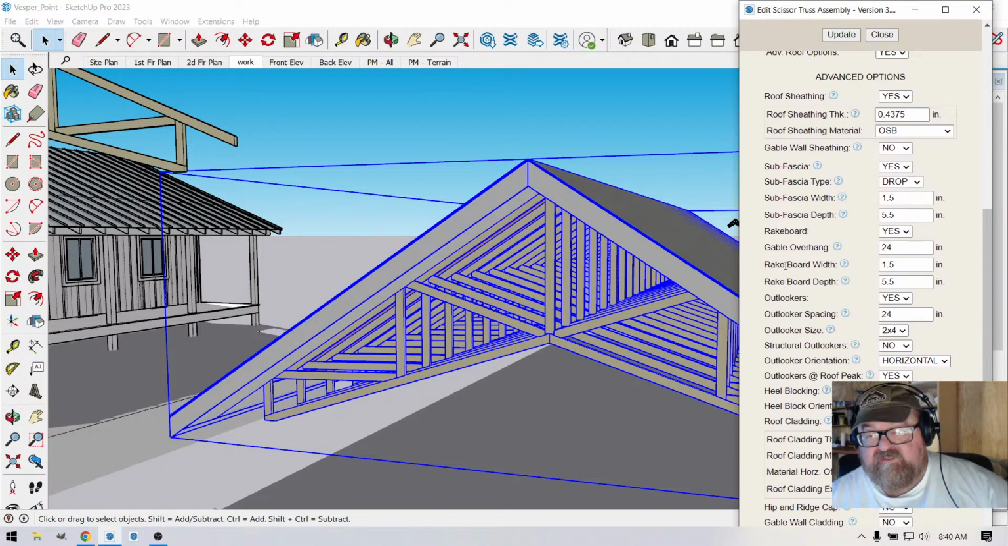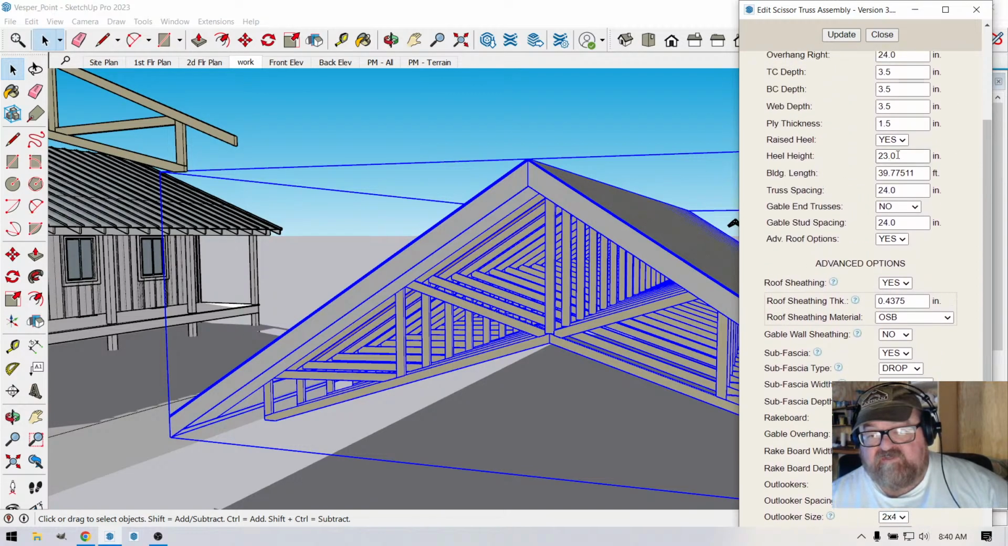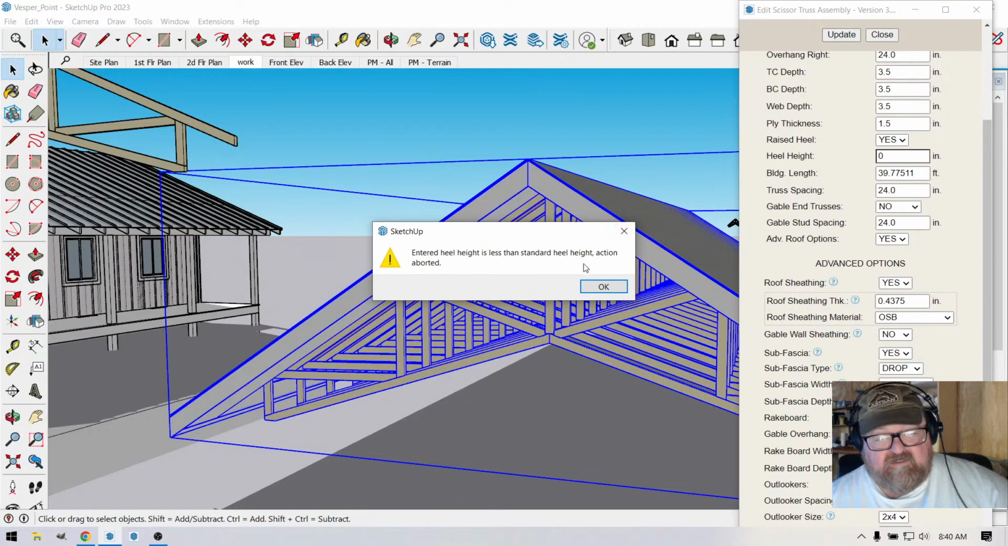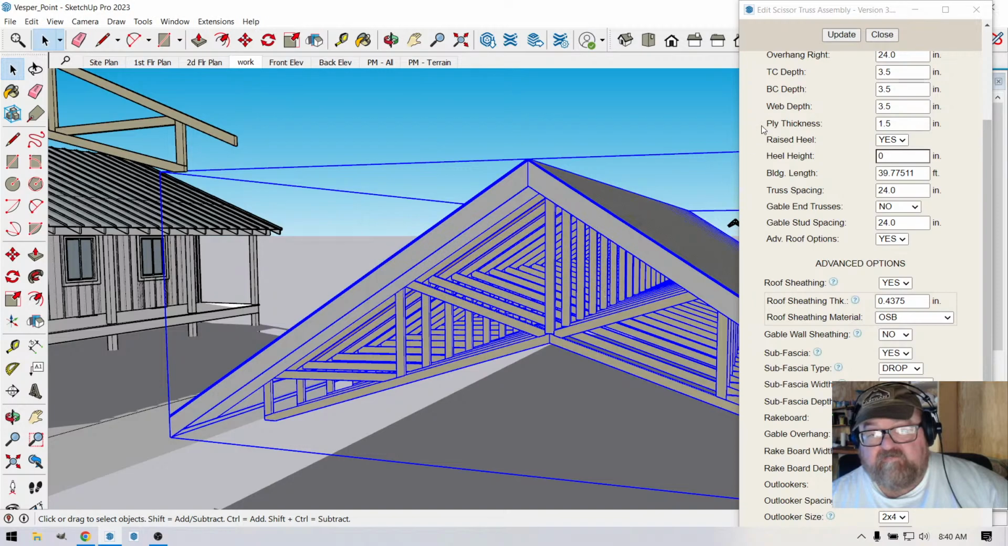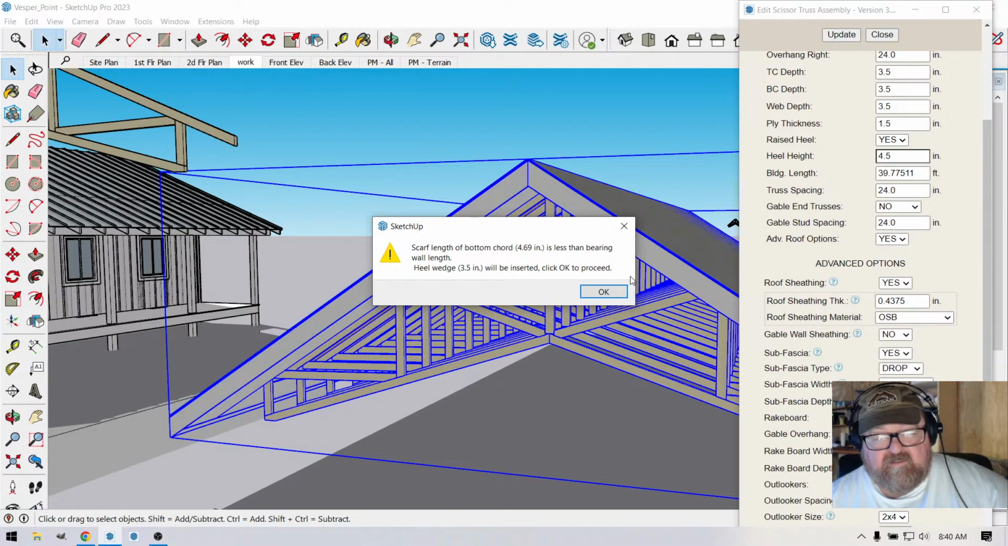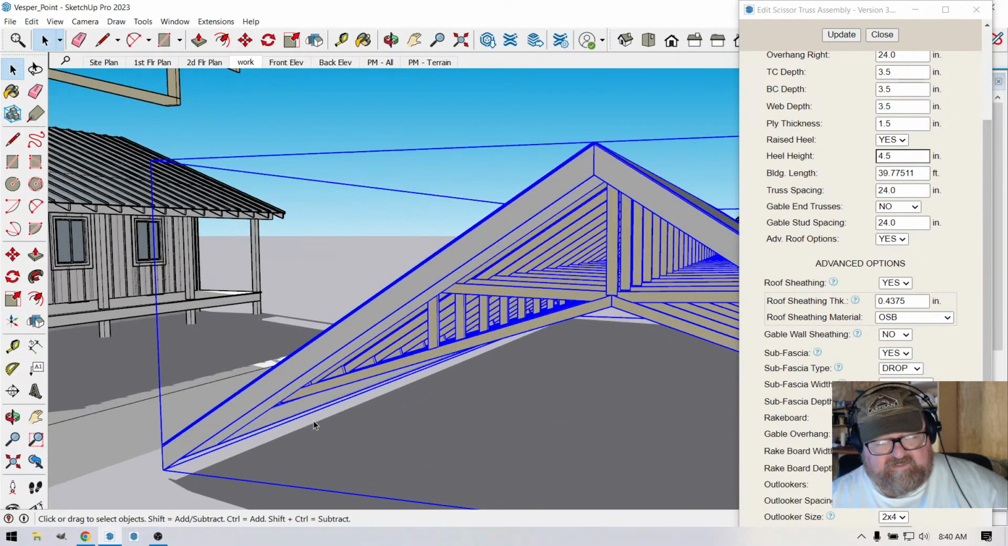Somewhere in here, let's see, heel height, 23 inches. I made it 23 inches, jacked it up high enough so that that continuous pitch would work with the porch and have just a straight roof line. So if you say 0 and update this, heel height standard, okay. Oh, wait, the standard heel height would be about 4.5. Sorry. There we go. All right,